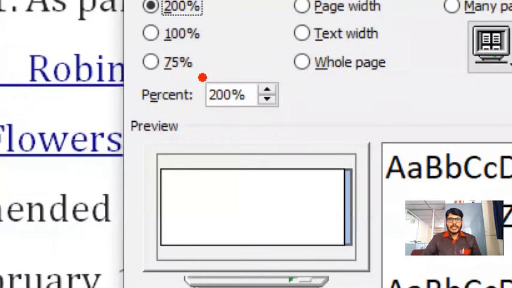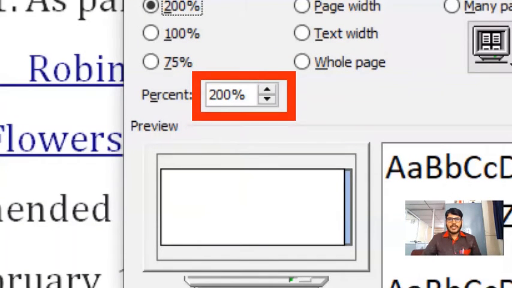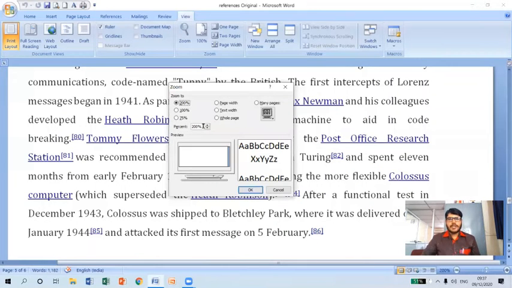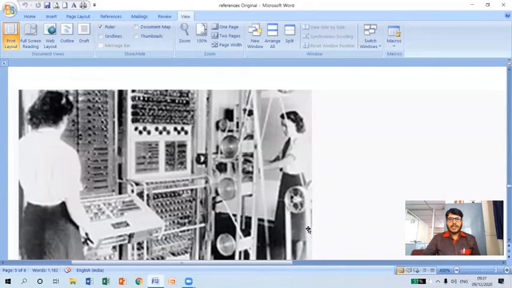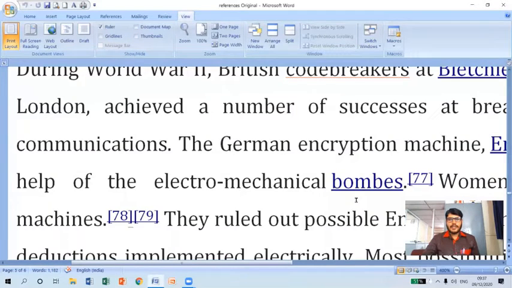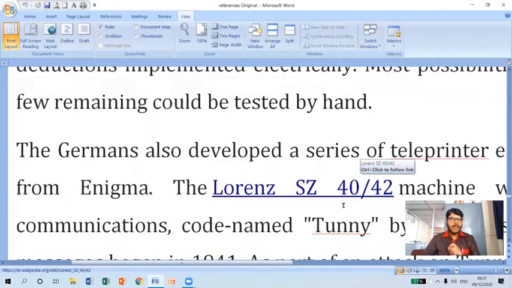As you can see, I can set the different value for percentage. Assume that I want to specify 400% here. That can be done by selecting this option and just typing 400% here and pressing the OK button. So this is how it will zoom the entire content according to the scaling value which we have provided.